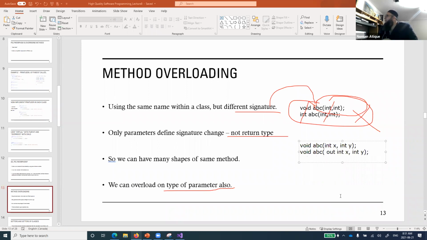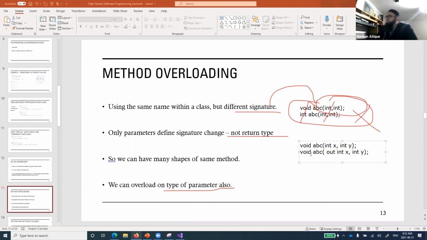Does anyone remember what the out keyword was used for? Reference to a variable, what does that mean?